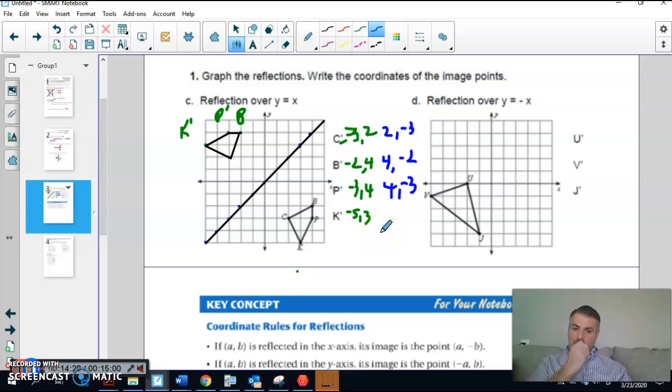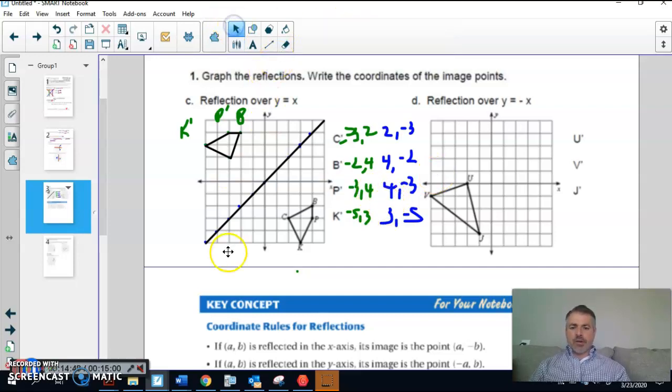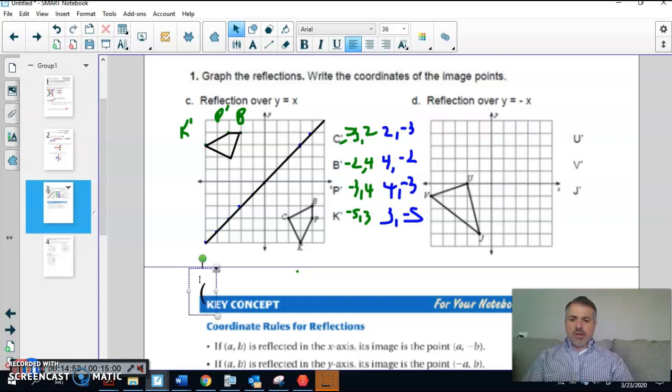And then down here, excuse me, K is at 3, -5. So hopefully you found the pattern already. If you look at the pre-image points in blue and then the image points in green, you'll just notice that they're switched. So again, the pattern here is if my pre-image is A comma B,